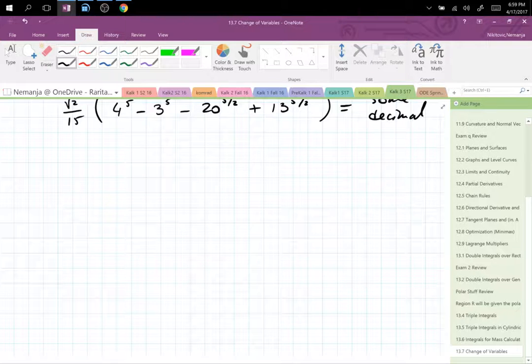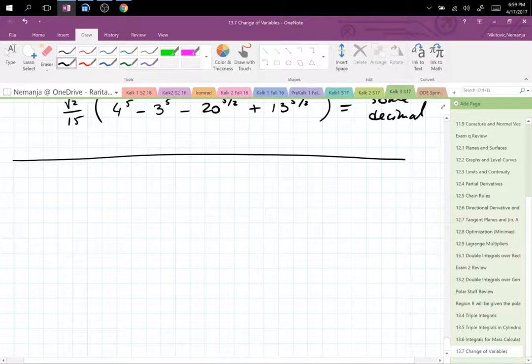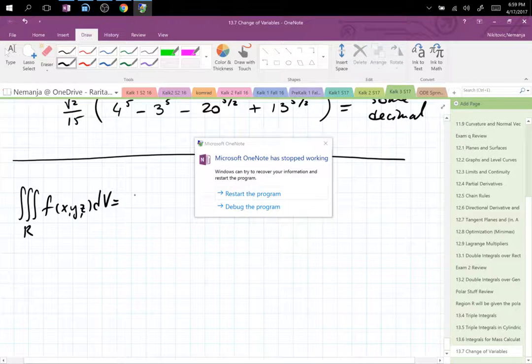Let me just write the transformation for the 3D. See how that sits with you. So the triple integral over the region R of f of x, y, z dV would be the